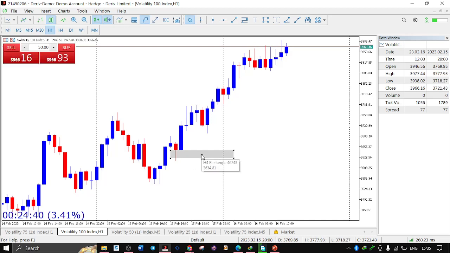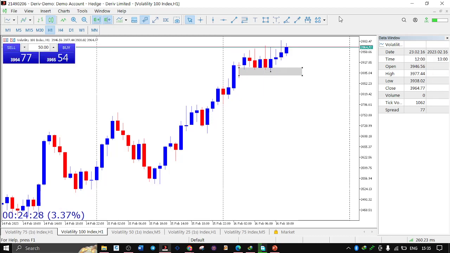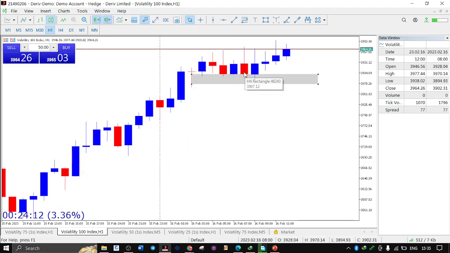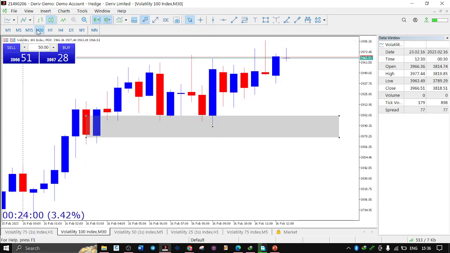Now here, since there is a lot of price congestion, it can also be your support, because this price level is preventing price from going down, so it means it's continuing going up. It's an uptrend. You're seeing how I'm marking these zones? After marking this zone and knowing that the market is in an uptrend, I will have only a bias of buying. But before buying, I will go down to the 30 minutes time frame to see what is further happening in the market.